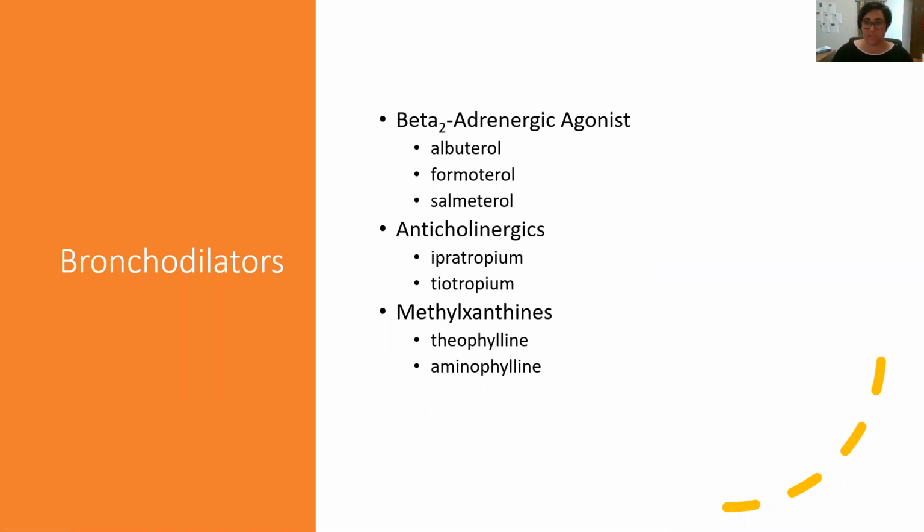The first one is our beta-2 adrenergic agonist. Let's take a second just to go through that word. Beta-2, it's not selective to just a beta-1. Beta-2 is going to affect the lungs as well. Adrenergic has to do with catecholamines, norepinephrine and epinephrine, so very similar to the fight or flight system, or the sympathetic nervous system. An agonist means to encourage. So we are going to encourage